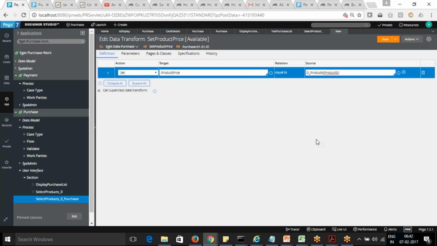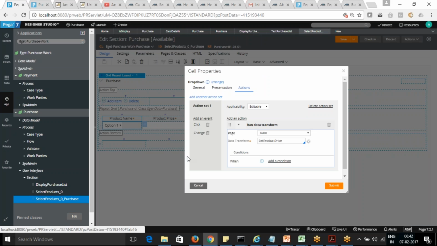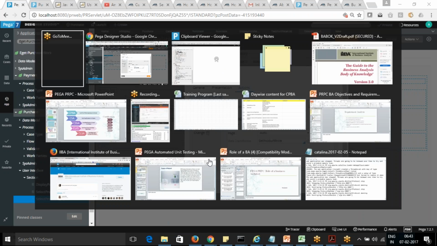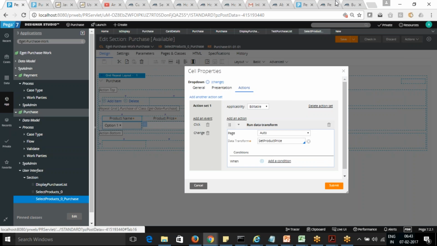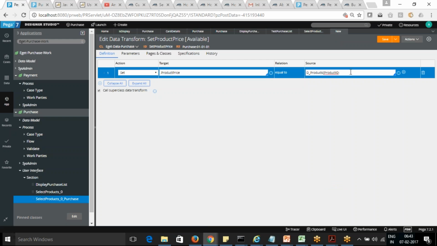There's also one more. When we are selecting the product, we know we are changing that. So you need to write the dot.